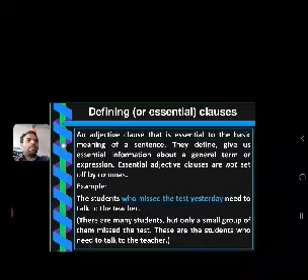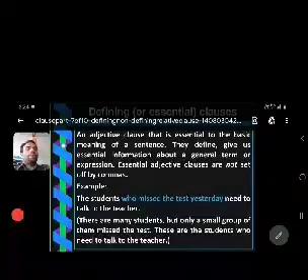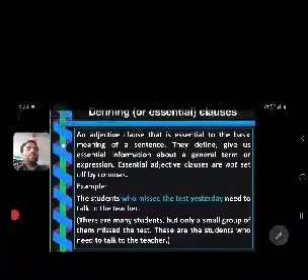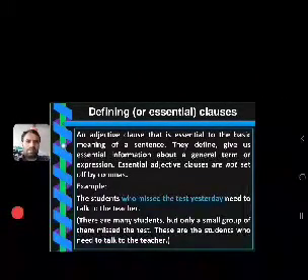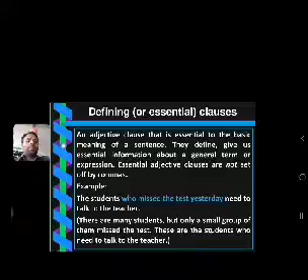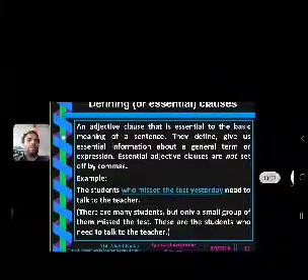Essential adjective clauses are not set off by commas. Earlier you have seen that non-defining clauses are separated by commas, but here we should not use commas. For example, the student